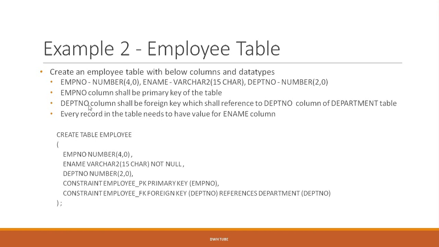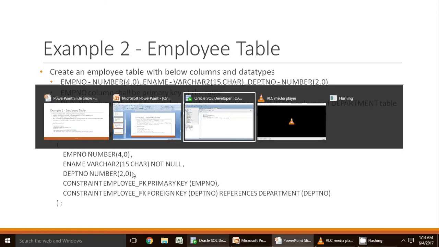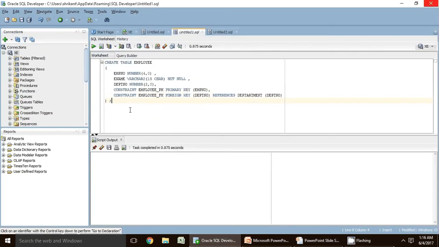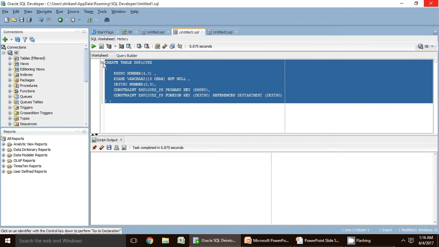And then the department number column shall be a foreign key, which shall reference department number of the department table. So here's that constraint, employee foreign key, and department number of the employee table references the department table, and the column is department number, right? Let's execute that. Okay, table is created.